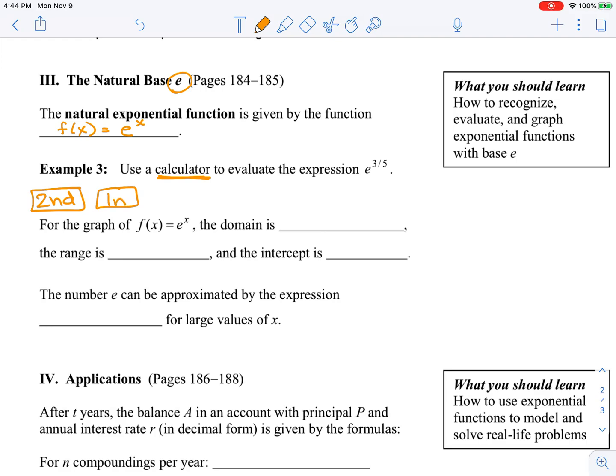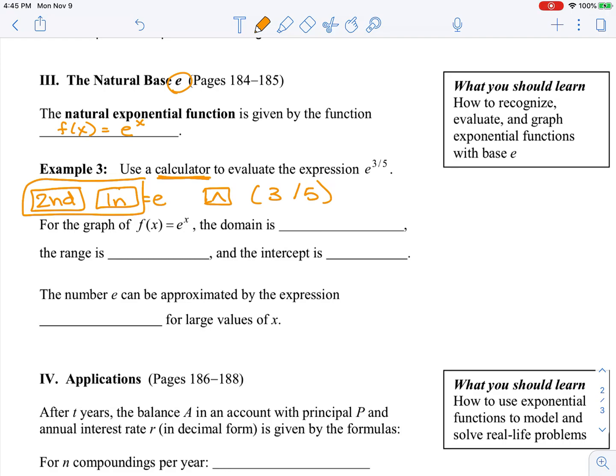You can write that a little bit better. LN, which the second LN, you should see on your screen that it says e. Okay, so second LN equals e. So you're going to go second LN, and then you're going to hit your caret key, which means raises to the power of parentheses 3 divided by 5. And in your calculator,